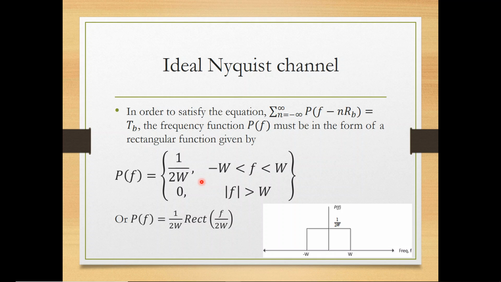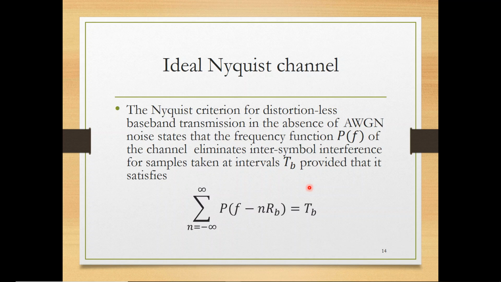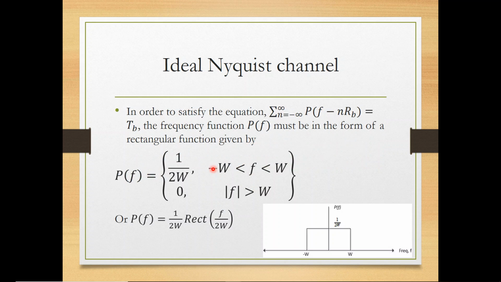Now, how can we satisfy this rule? To satisfy this rule, the frequency function must be in the form of a rectangular function. That function satisfies the previous rule that says we can avoid intersymbol interference if we ensure we have this formula. Now, why rectangular